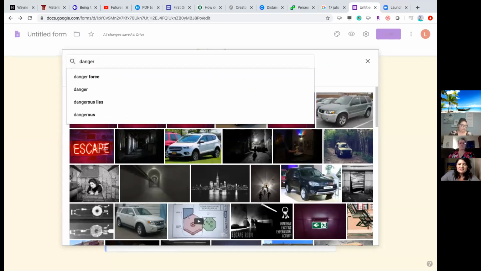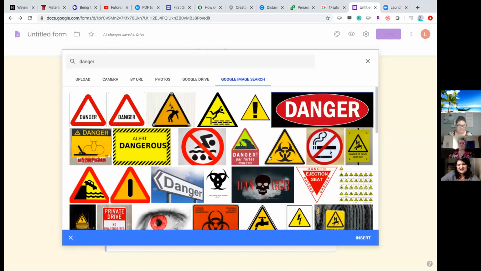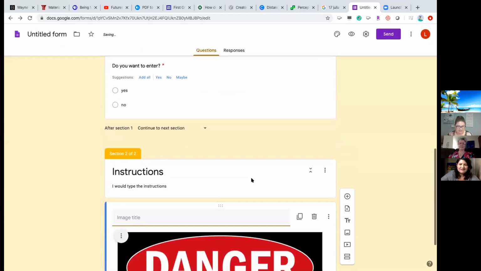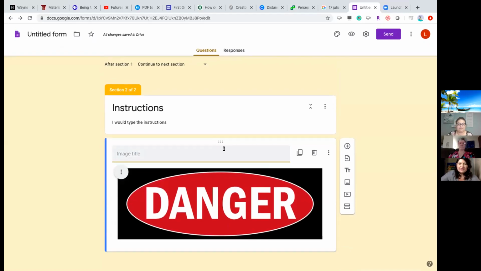So kind of letting them know that this is an escape room. This is dangerous. This is just something to make it a little fun. And you can put literally any kind of images or anything like that in here. And so what I like to do in my rooms is, with this instruction room, just show them how they'll